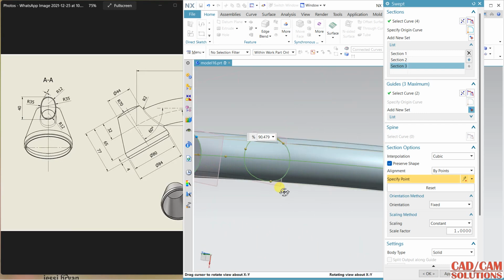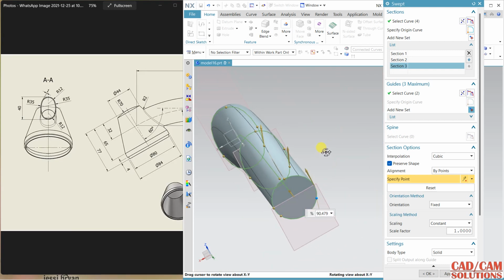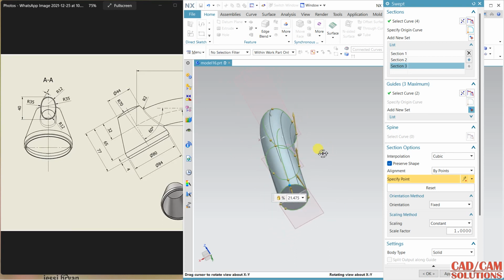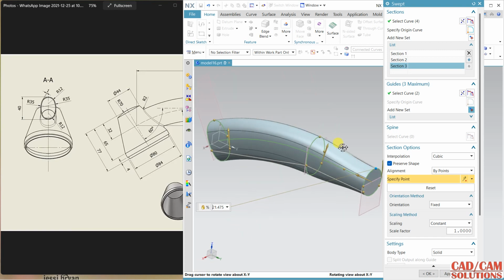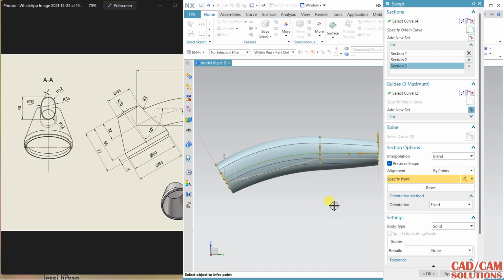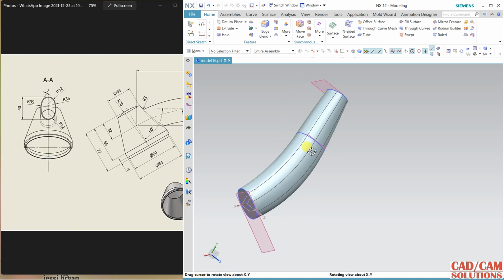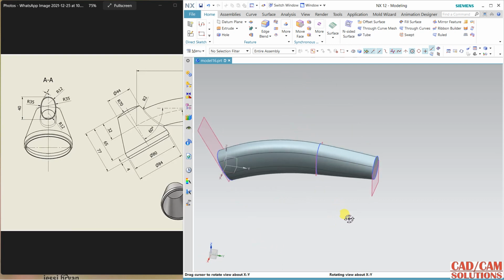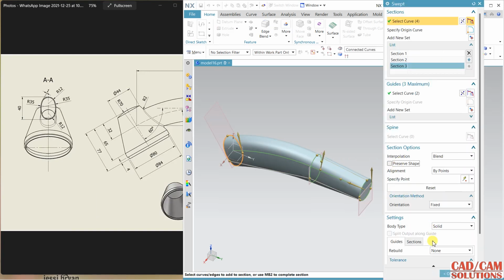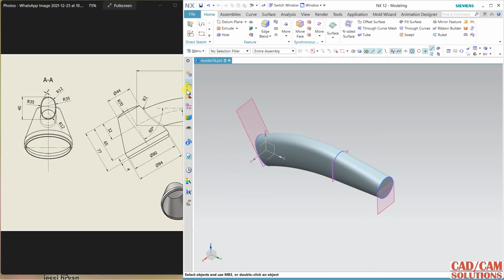Okay, almost it is. Okay, my lines are properly matched now, and change this to blend, so the section will come like this, and click OK. See, okay, if you want to hide this, just deselect this preserve shape, so the lines will not come, the shape will show, and show this